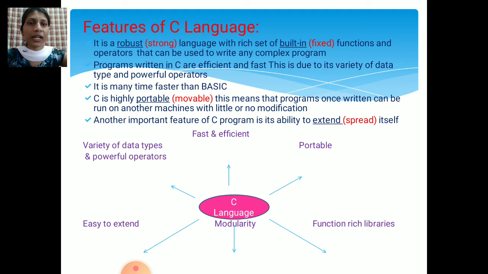The next one is another important feature of C, its ability to extend itself. Extend means it spreads itself. So it is one of the important features of the C programming language. Its ability to extend means to spread itself. So see here, this is the